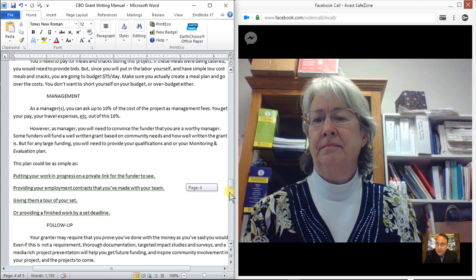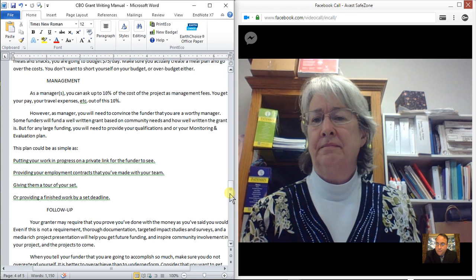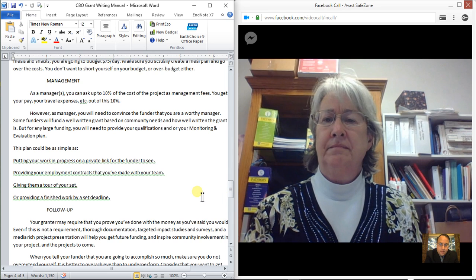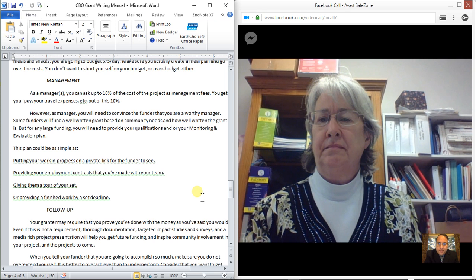Management. In grants, you can pay yourself a certain wage for your oversight. Maybe for research, for mailing different documents, for whatever. The maximum you can pull out is 10%.